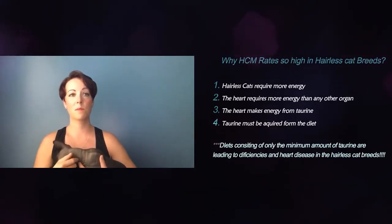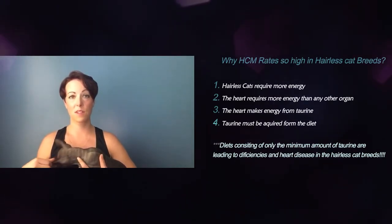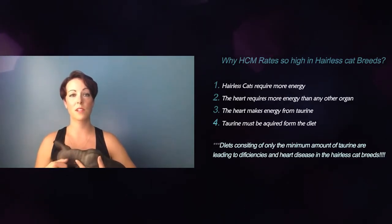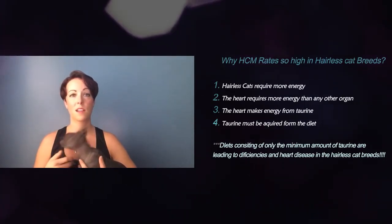It is all very simple really. Hairless cats require more energy. The heart requires more energy than any other organ. The heart makes energy from taurine. Taurine must be acquired from the diet. Consequently, diets consisting of only the minimum amounts of taurine are leading to deficiencies of heart disease in the